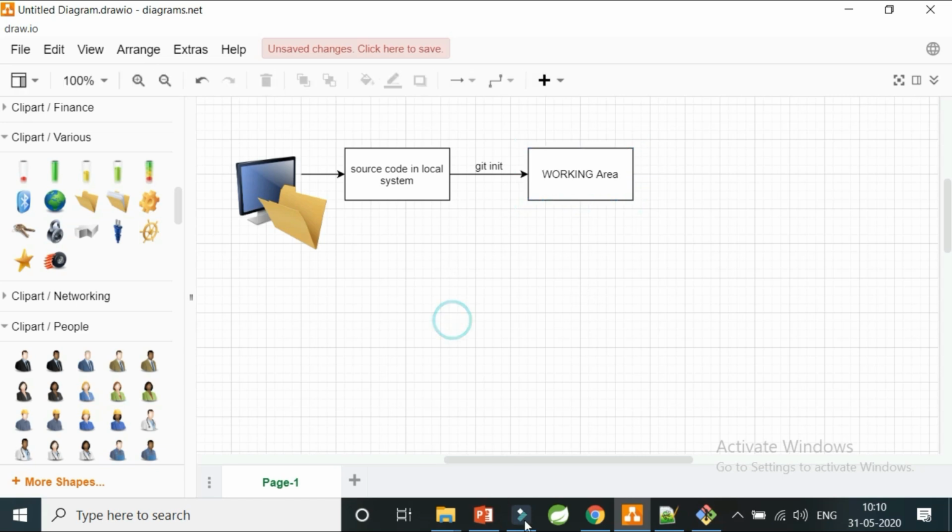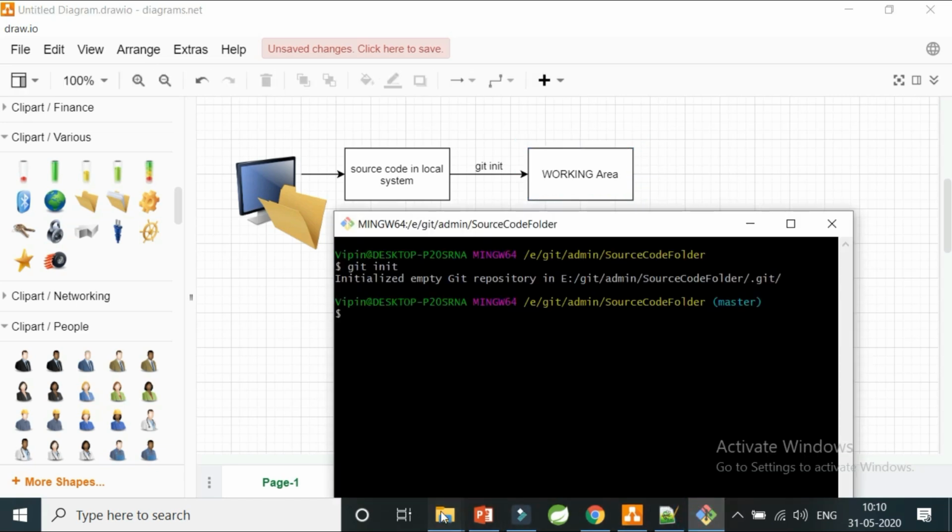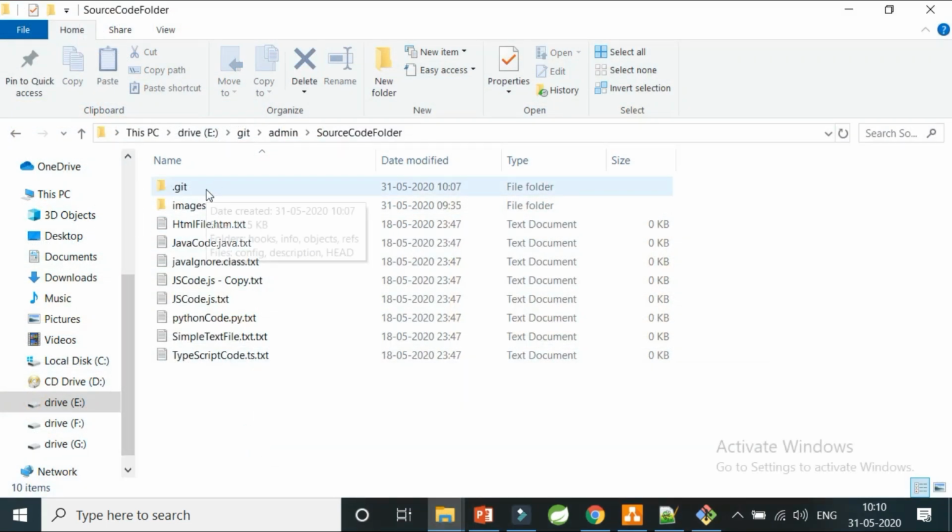So once I've done git init, you can see in this folder that the .git folder is created. With this folder created, all these files are in untracked status, but this whole area becomes the working area. Initially it was only a file system for me, but with git init, this particular area becomes a working area. Now what if I want all these files to be added in the area where Git at least understands that these are tracked files? That means I know that these files are going to be part of Git. So what I'm going to do is git add.